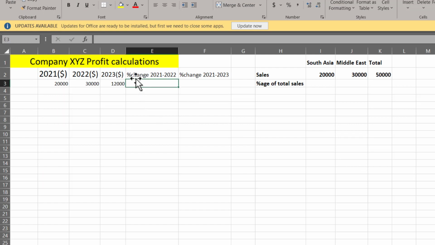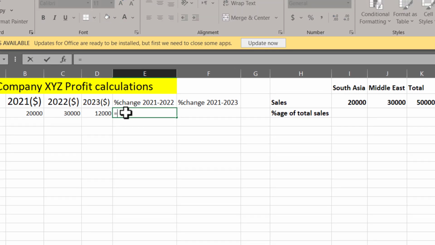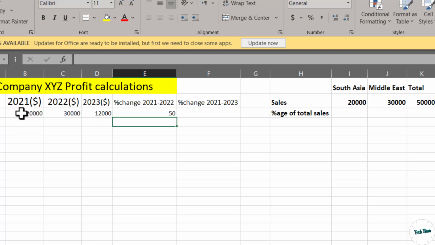Here we are going to calculate the percent change in profit from 2021 to 2022. So we can write equal, bracket start, this is the final value, minus this is the value in 2021, that is the initial value, bracket close, divided by the initial value, and let's multiply it by 100. Press enter, and there you go. You can see there was an increase of 50% in the profit of this company XYZ over the year 2021